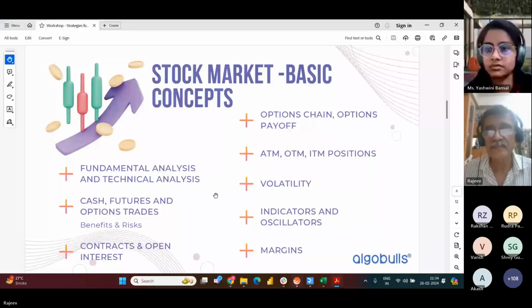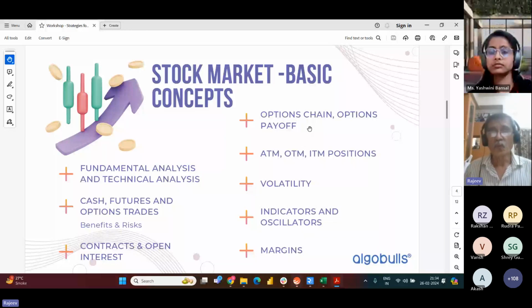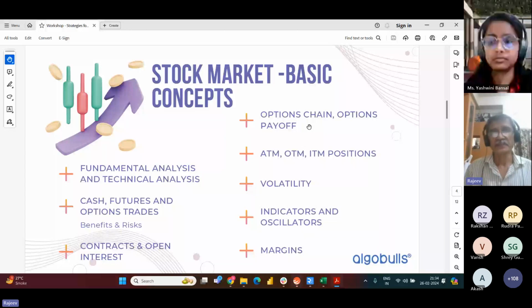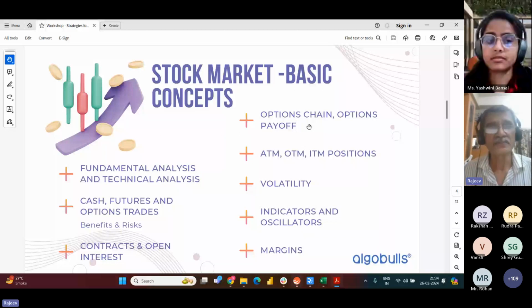Any questions? Okay. So I'll touch upon this payoff later on. Payoff is nothing but, based upon the movement of the underlying stock price, your gains from the options position change, and that is depicted in the form of a graphical chart or a plot. So that is called an options payoff chart. So we'll see the actual live example of it. So that time it should be a little bit clearer.